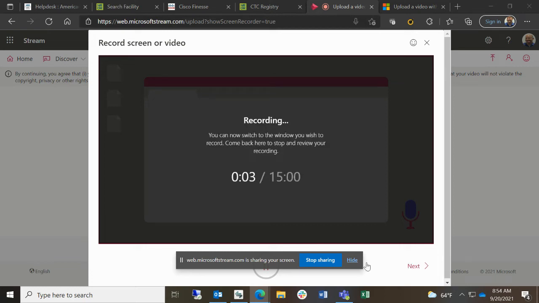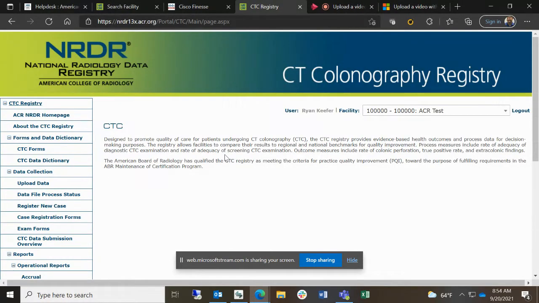So we'll go ahead and register a case. Now in CTC, you do two things when it comes to registering an exam. You register the patient in the event that the patient comes in for follow-ups, and then you register the exam information as well. So once signed into the portal, you go to CTC Registry, and then under Data Collection, Register New Case,